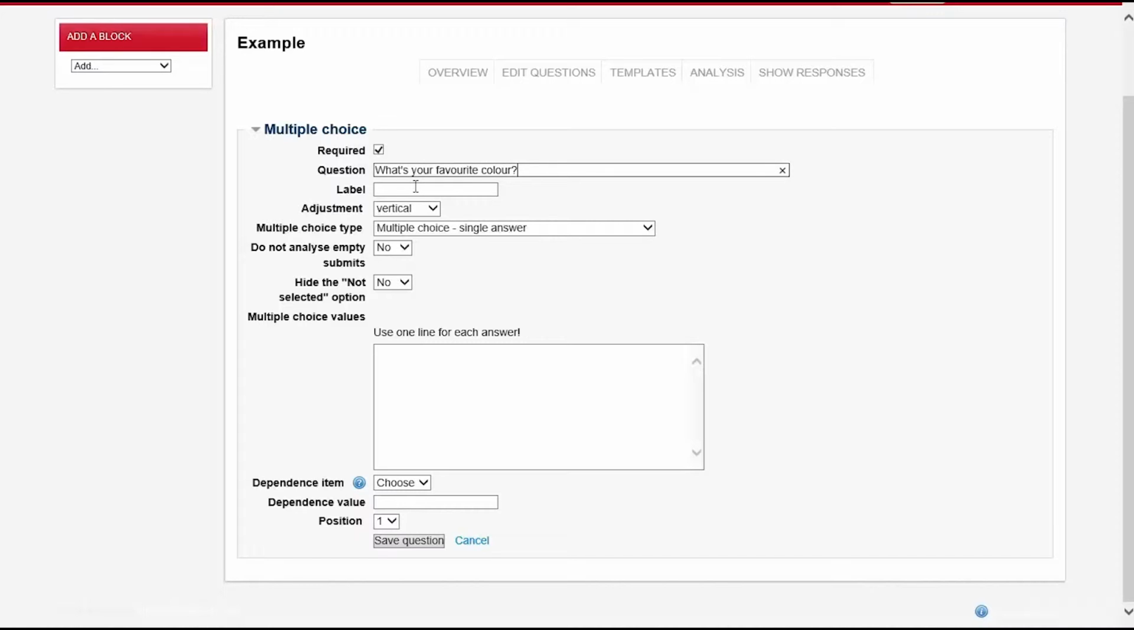It's going to be my first question. Then in this box here, the label, this is where you would put your own reference. The user doesn't see this, but it's a reference for yourself when you're looking at them and maybe you want to link it to another question. So I'm just going to put favourite colour in here,